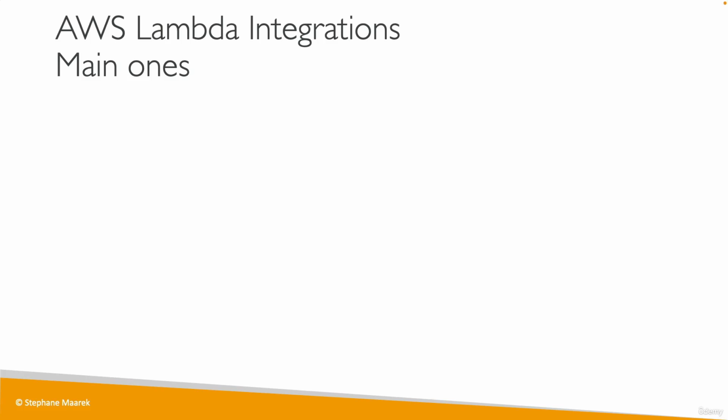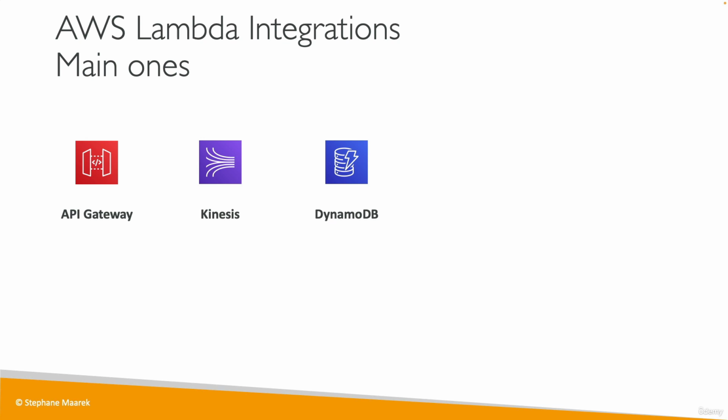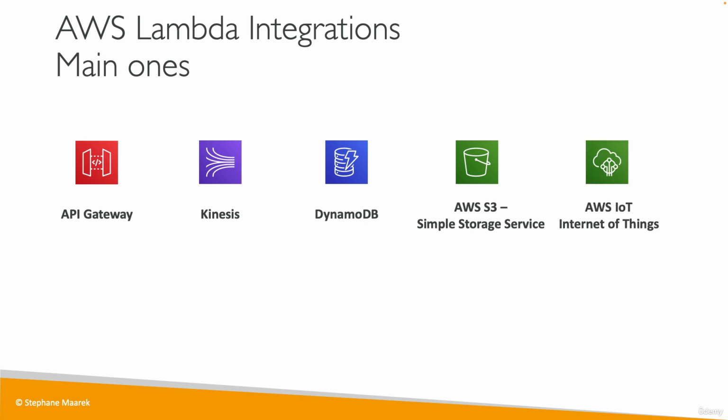So now let's talk about AWS Lambda. And first, its integration. There are some main integrations you need to know, such as API Gateway to invoke Lambda from a REST API, Kinesis to read data from a stream, DynamoDB to read data from a changelog stream from DynamoDB, S3 to react to new objects being created in Amazon S3, for example, Internet of Things,